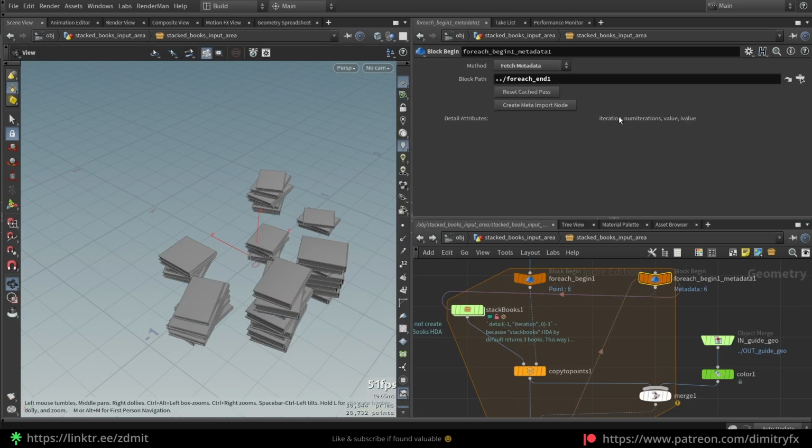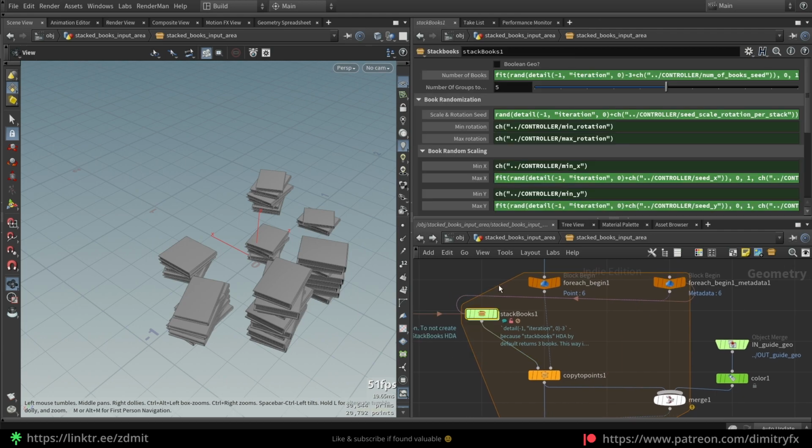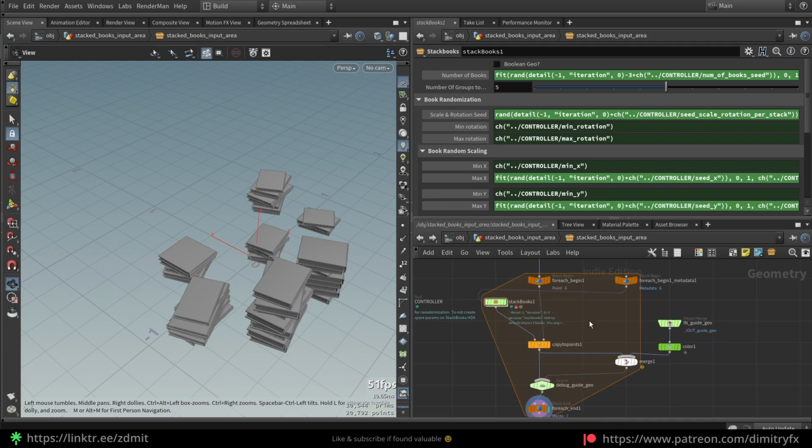So, and this iteration number will be heavily used inside of this node. As you can see, there is quite a lot happening here, but actually it's simple. I will walk through each of the steps, and you may want to rewatch it several times, and it will make a lot of sense after a few times. So basically, what's happening here is that